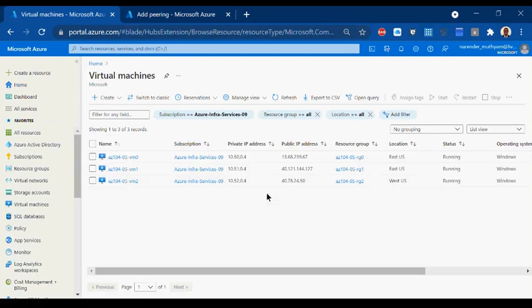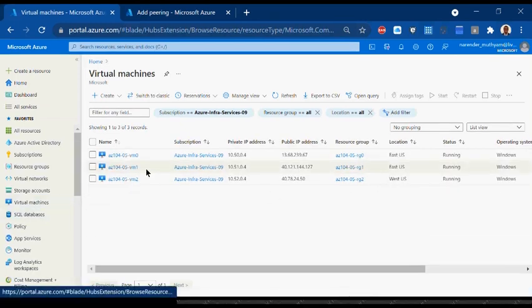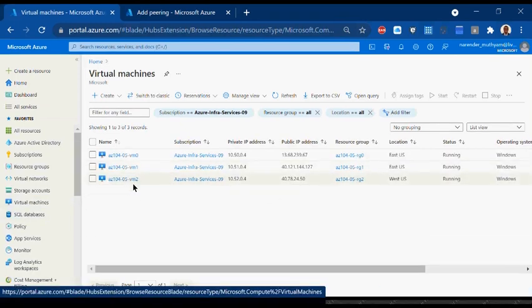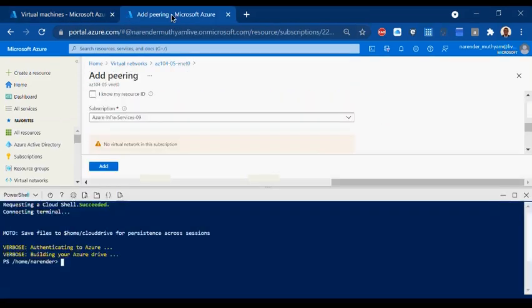Okay, anyways, let me directly check it, because yeah, so this VM, right, 3 VMs are very much seen here. That means we have done it. 2 are in East US and 3rd is in West US.